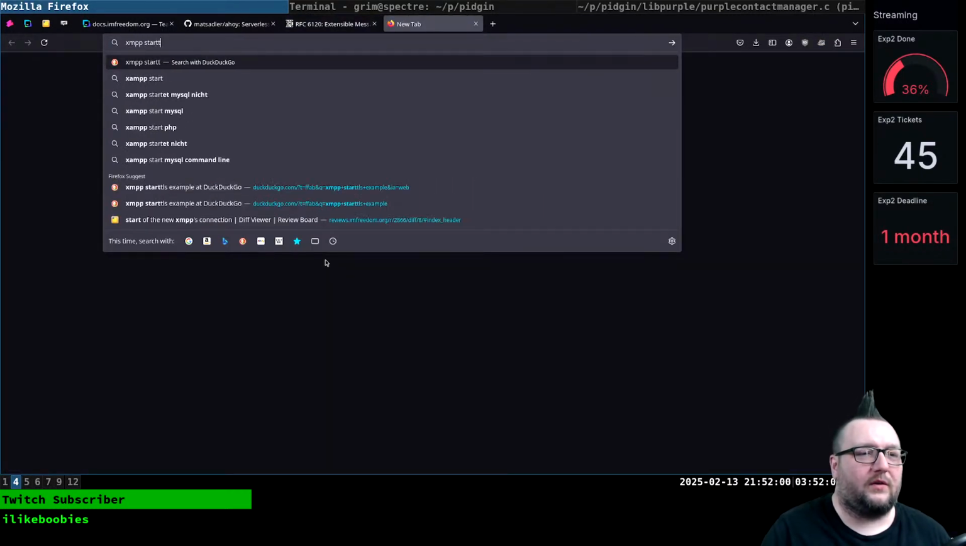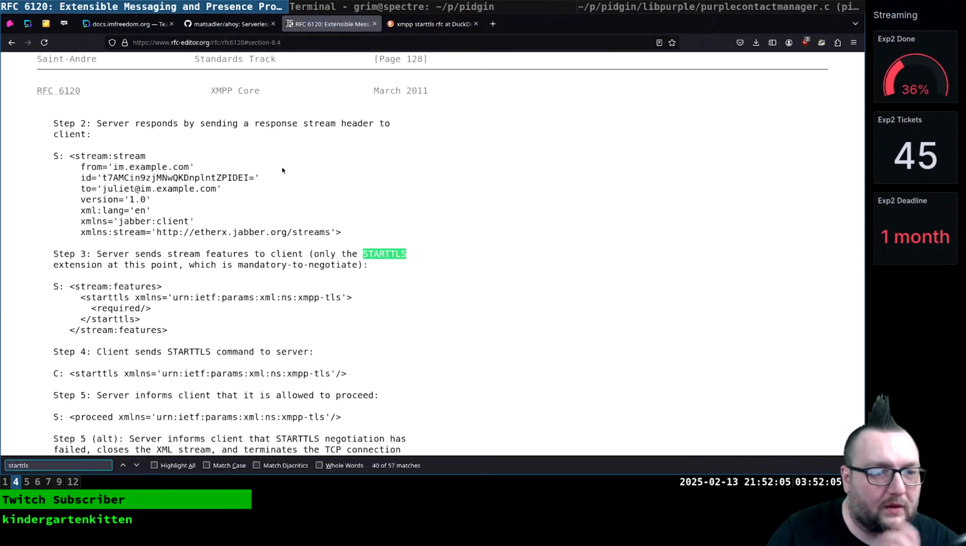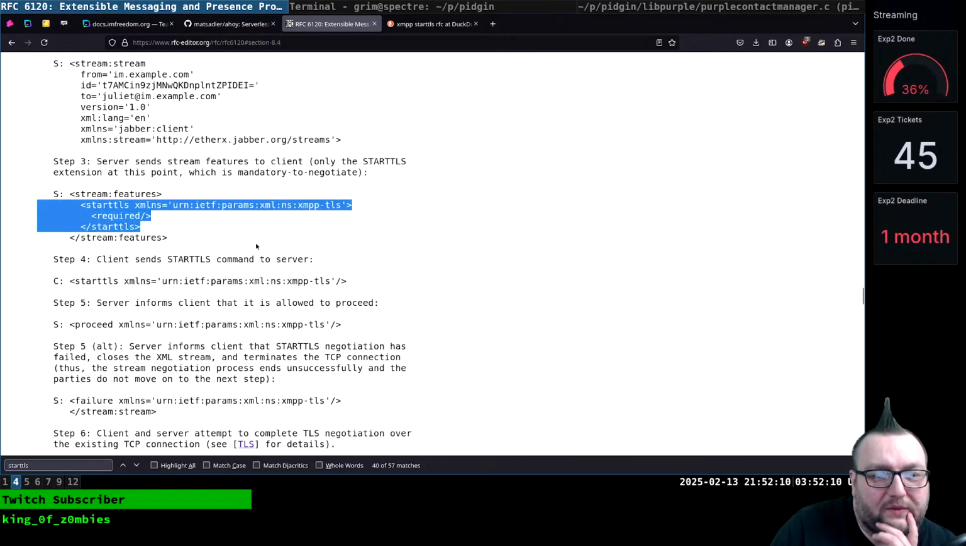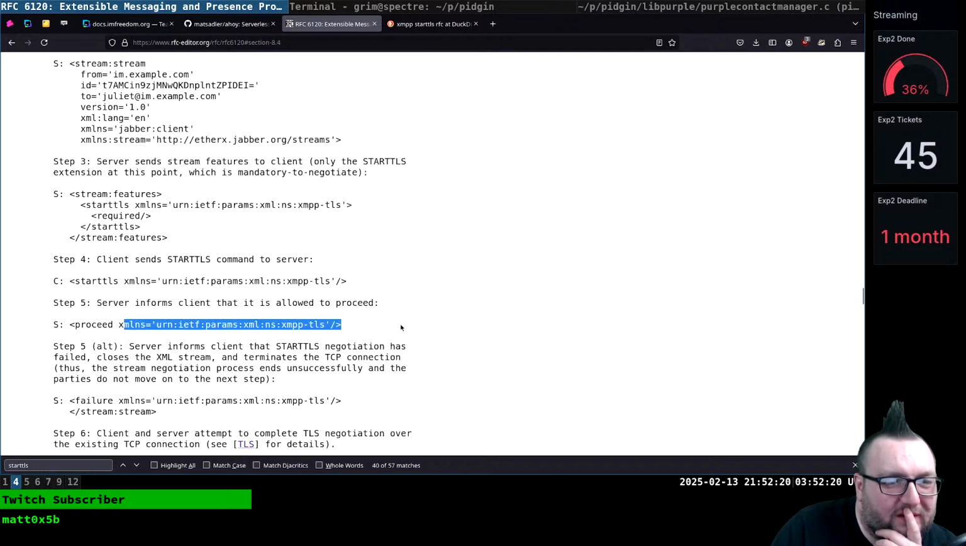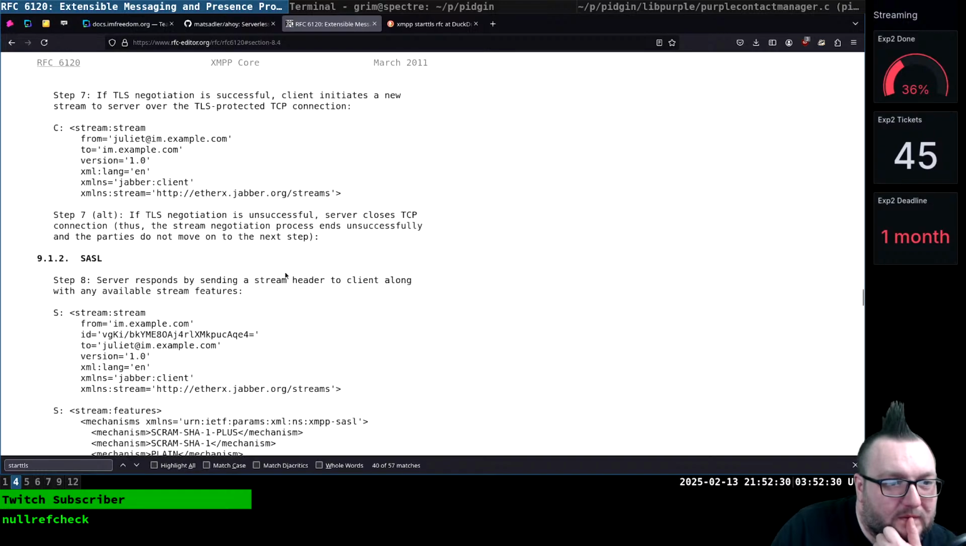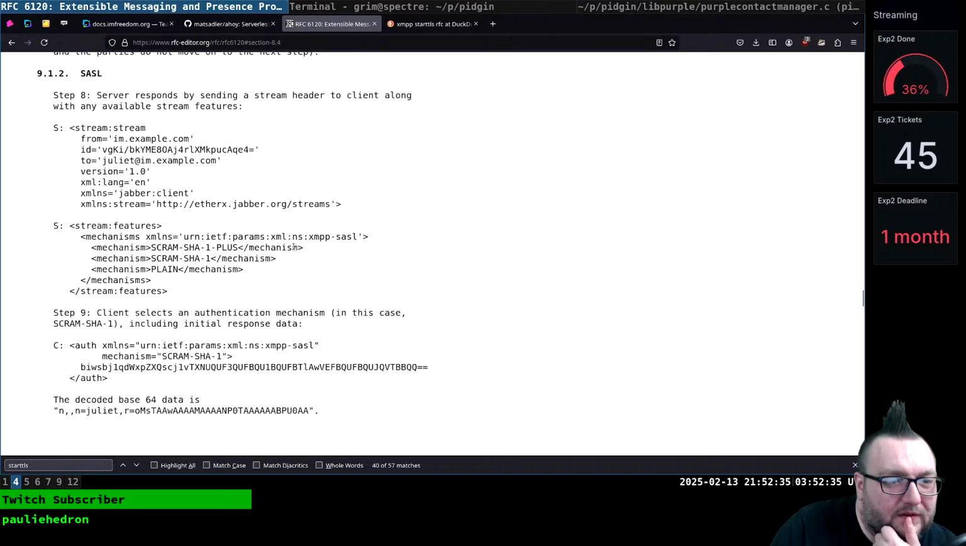XMPP STARTTLS RFC. Actually, I guess I could have just started here. So the problem we ran into is STARTTLS here. There's a bunch of extra content to it, and this is the part where we ran into the problem. Wait, this has its own... They have a whole feature of this. No, it's just SASL then. SASL's going to be a similar setup. Well, maybe not similar, but